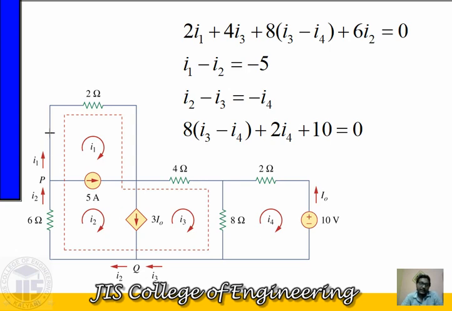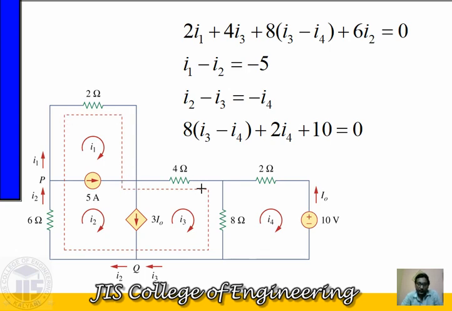So for the first, second and third closed paths, where it's not possible to apply KVL individually, we have to consider the super mesh concept, and as per this concept we have to neglect these current source branches. By neglecting these current source branches, we get these types of closed paths, as seen in the dotted line, where we can apply KVL.